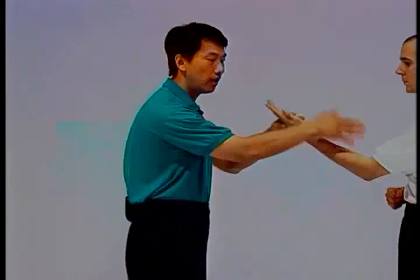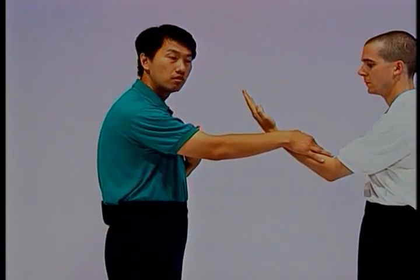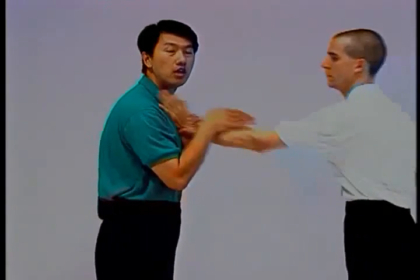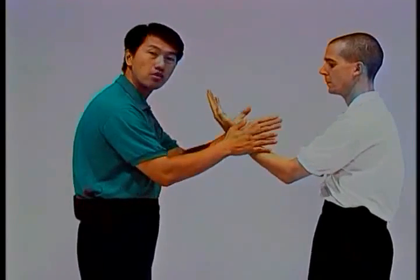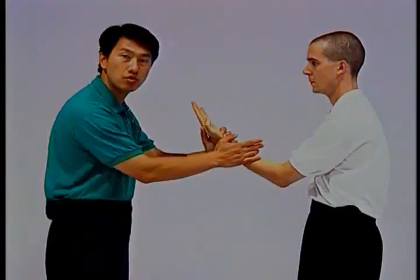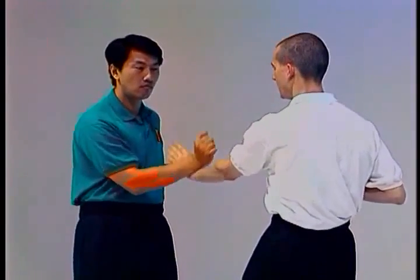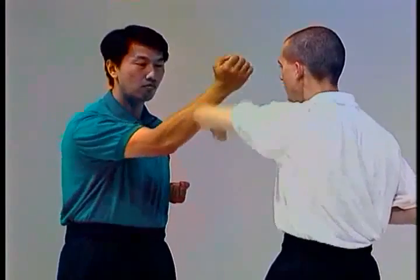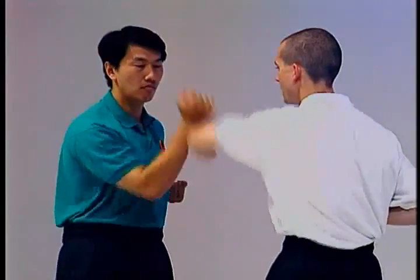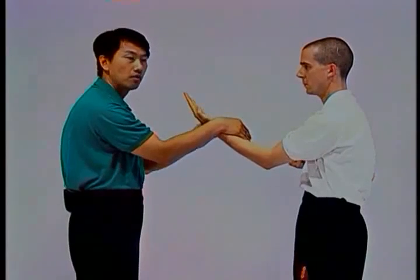So in other words, if my hand's already off my center, he already has an advantage. Okay, so therefore, if I make a move, he hits me. So it seems like he has a fast hand. So that's why everything begins on the center. Okay, so let's watch the sequence again. Okay, again, the idea is to share the center line, and he's going to create an opening for him to